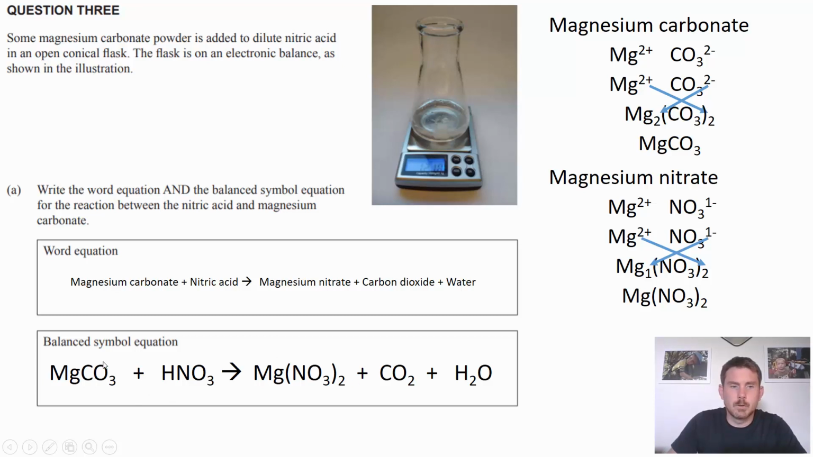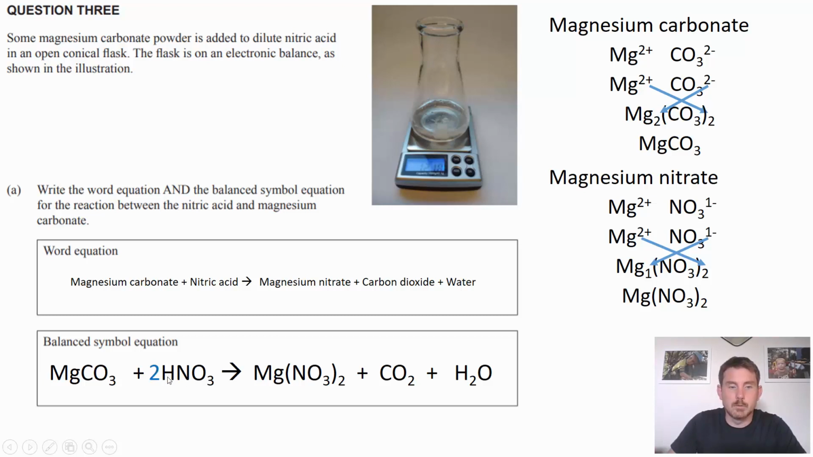We've got 3 oxygens plus 3 is 6, and over here we've got 6 oxygens altogether in the 2 nitrate groups, plus 2 is 8, plus 1 is 9. So we're going to need to add some more oxygen to the left-hand side. We probably don't want to be adding any more magnesium or carbon, as we've already seen they're balanced, and so we're going to add another nitric acid,